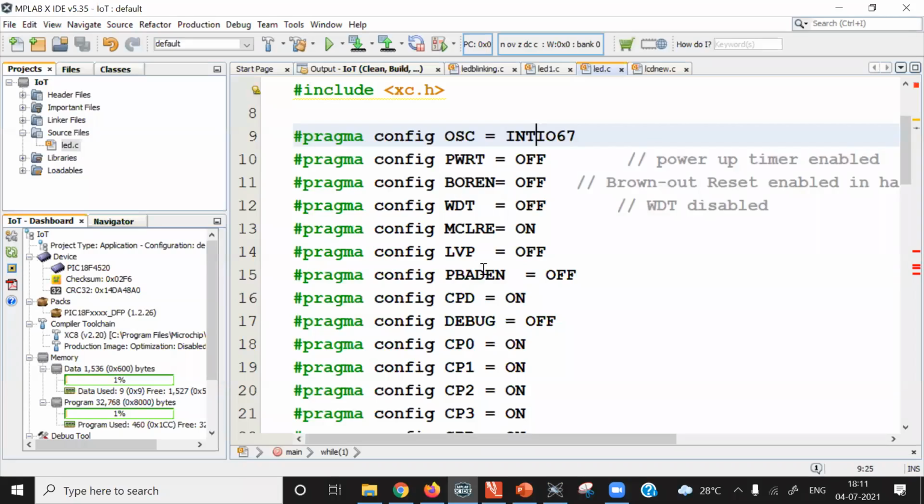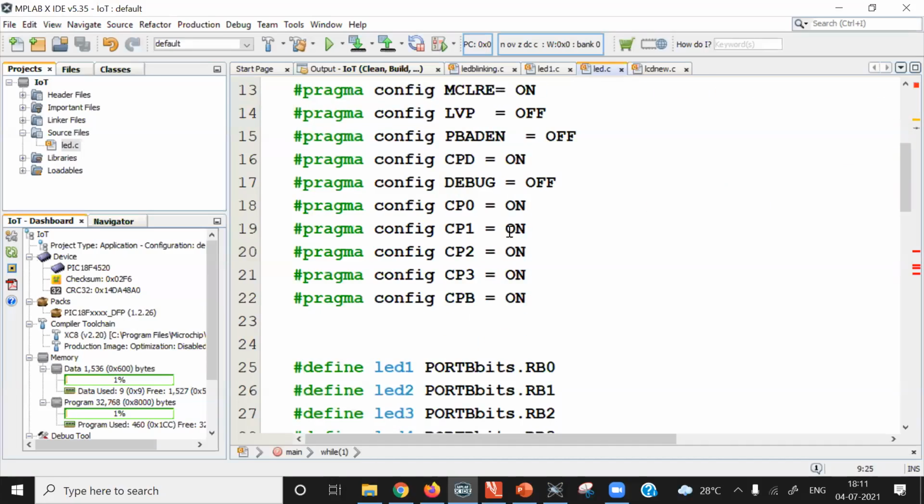Port B analog feature is disabled on power on reset. Analog pins on port B are configured for digital input output operation, so PBADEN is off. CPD stands for code protection of EEPROM data memory. It is enabled, so once you enable code protection, nobody can copy the content of EEPROM memory.